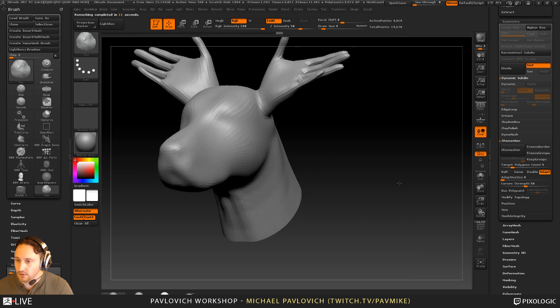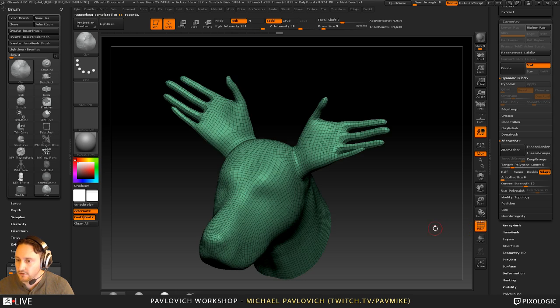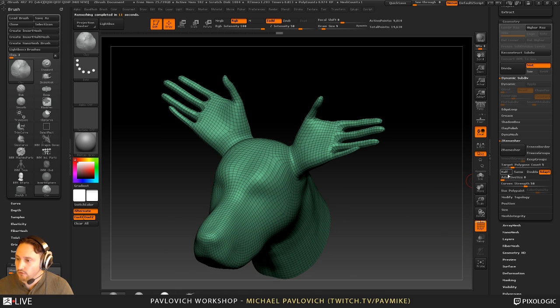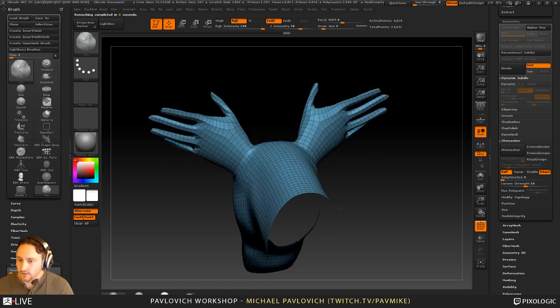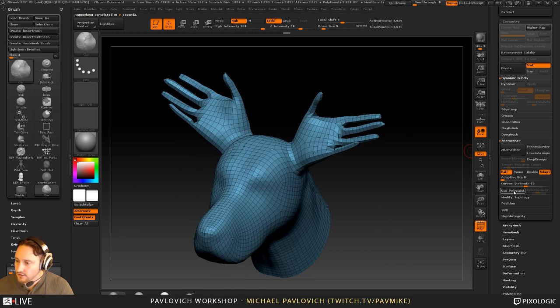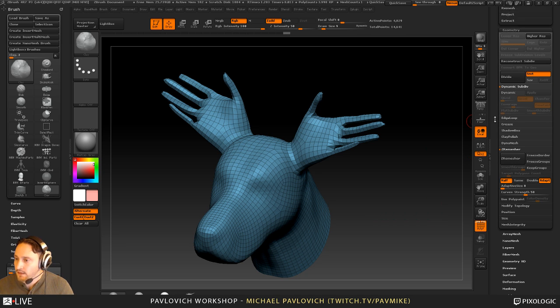But since this is pretty organic, I'm just going to do a really quick ZRemesh here. If you like this, go for it. If you want to do like half, just keep hitting this and just keep going down in resolution until you get what you want. Of course, like I said, you can use poly paint, paint and color density, do a bunch of crazy stuff. But if you like this so far and you just want to do a little bit of cleanup,